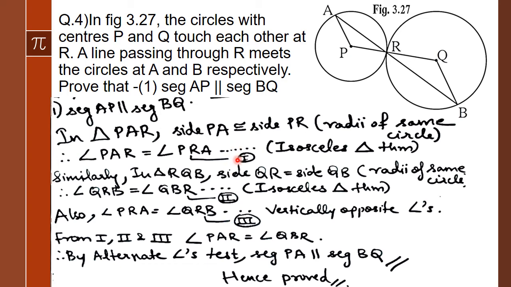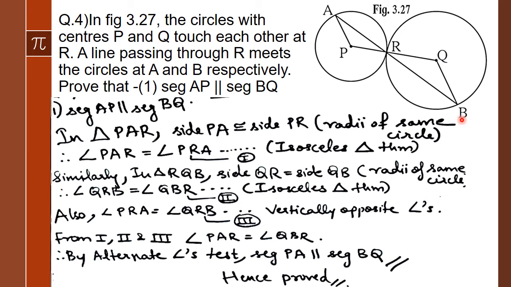So if you compare points 1, 2 and 3, you will observe that angle PAR is congruent to angle QBR, for a very simple reason: A equals R, B equals R, and the angles at R are equal on both sides. That means angle A is equal to angle B. So angle PAR is equal to angle QBR. Now those are alternate angles. So by the alternate angles test, we can say that segment PA is parallel to segment BQ, and hence